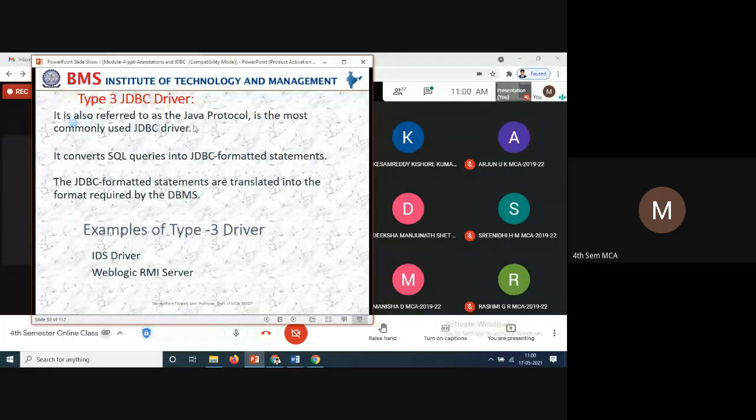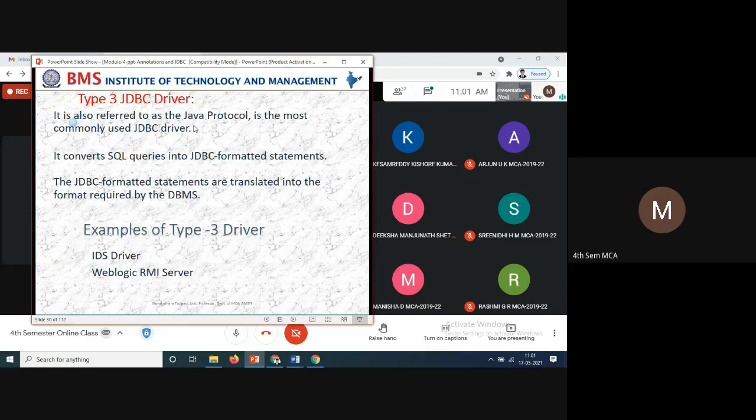The third one is also referred to as the Java protocol, which is the most commonly used for JDBC drivers. So normally we'll use this one only. JDBC drivers are required, so we have to install the drivers. Go to Google and type it, and we'll get the drivers, and you can install them even if they are not available in your software.